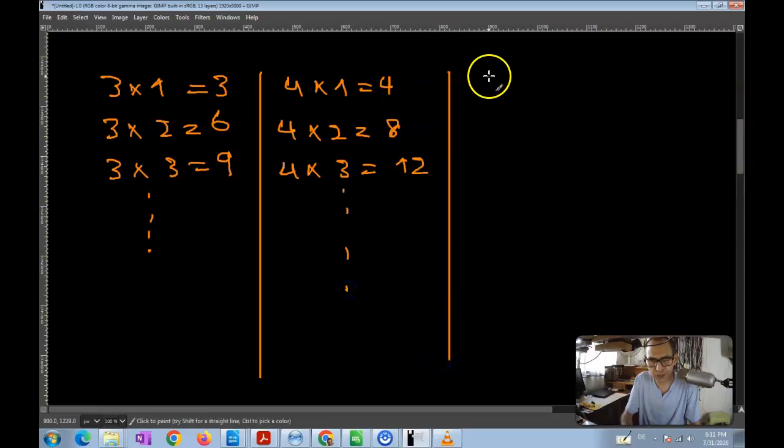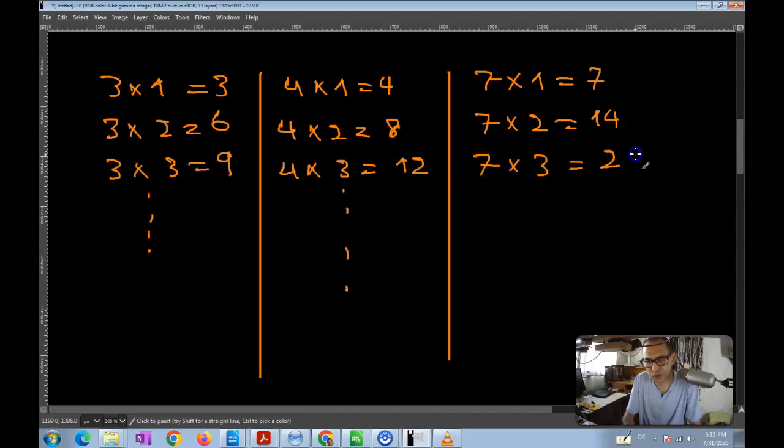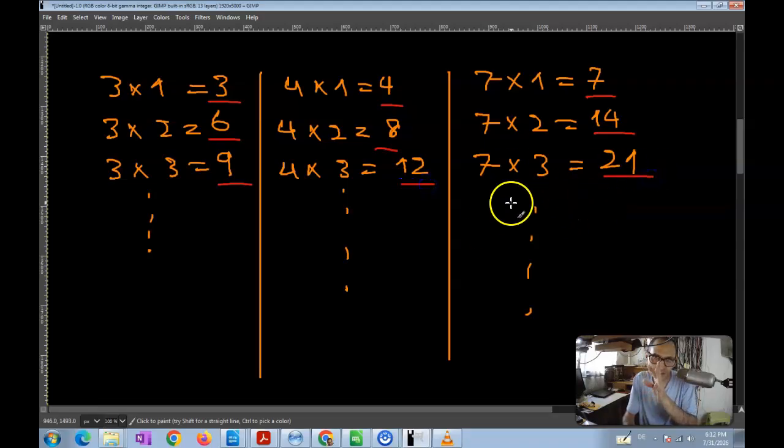Now the multiplication of 7 is 7 times 1 is equal to 7. 7 times 2 is equal to 14. 7 times 3 is equal to 21, and so on and so forth. And you can see that 3 plus 4 is equal to 7. 6 plus 8 is equal to 14. 9 plus 12 is equal to 21. And the same thing keeps happening throughout all of these tables. Now the reason why that's true is that